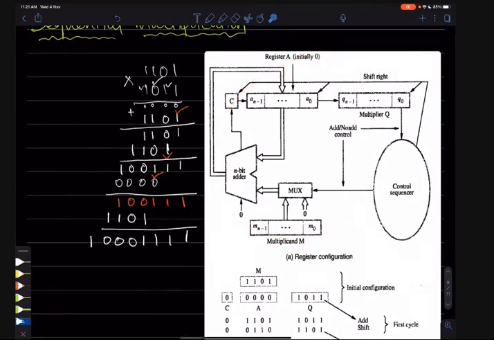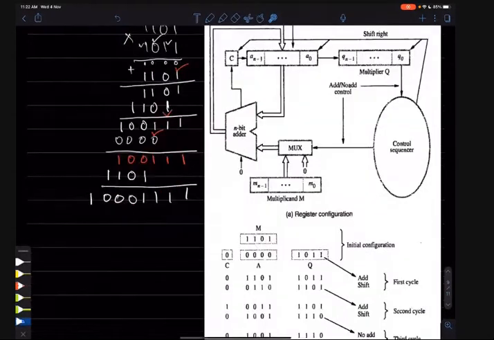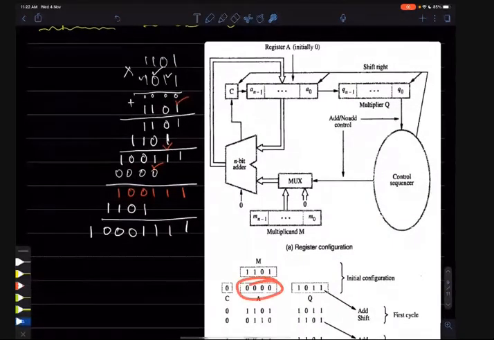In this system, understand that there is a register A. Only one register is there where the initial value is 0 0 0 0, which will hold the partial product 0 0 0 0. Whenever we start our machine for multiplication, all the bits will be 0 0 0 0. In this case it is a 4-bit number, so we will start our register A with value 0 0 0 0. This is the initial value.